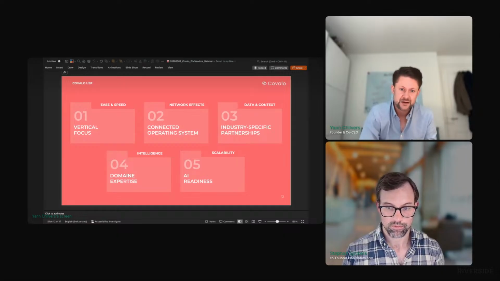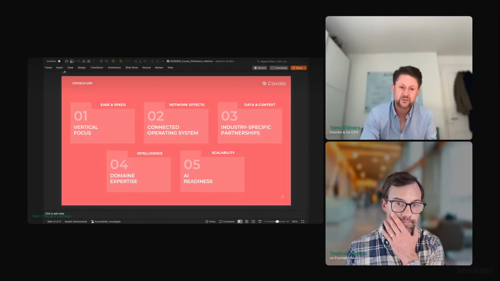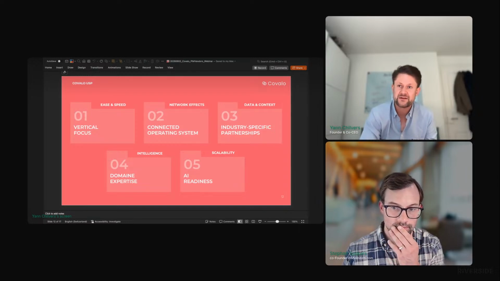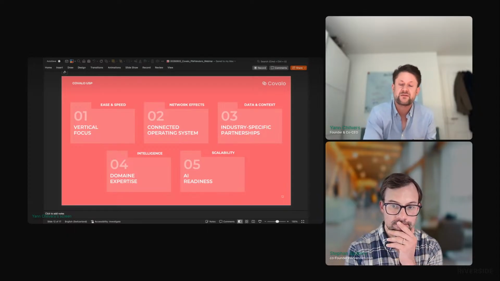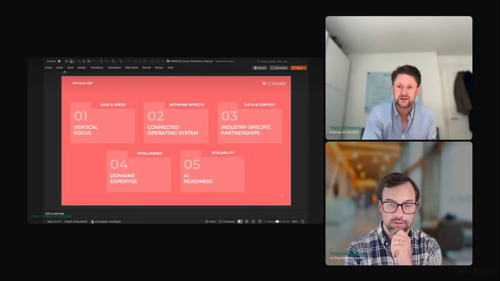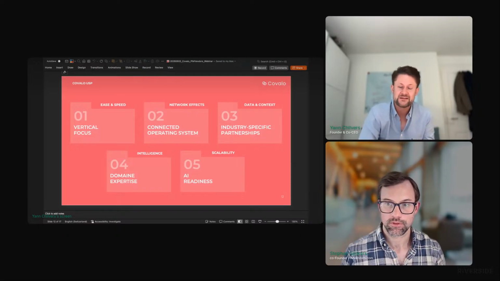The second, when you don't have that vertical focus, if you have 1 or 1,000 customers, it doesn't really make the experience of every single one of these customers better. For us, every company that we onboard is improving the network effect that we have, the data flows. So we help you be more connected within that industry. Vertical focus also means that everything we do is relevant for the industry. The partnerships for go-to-market, the data partnerships, solution partnerships, to collect additional data, to collect more context, but also then make sure that this data flows in the right places.